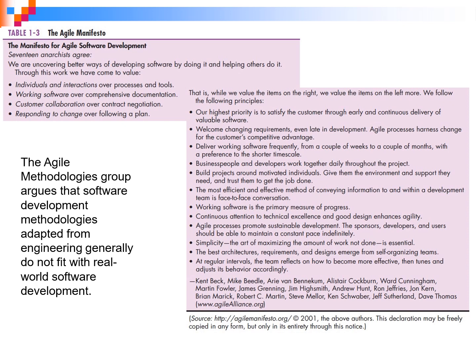Okay, the most efficient and effective method of conveying information to and within the development team is face-to-face conversation. Next, working software is the primary measure of progress. Continuous attention to technical excellence and good design enhances agility. Agile processes promote sustainable development, so the sponsors, developers, and users should be able to maintain a constant pace